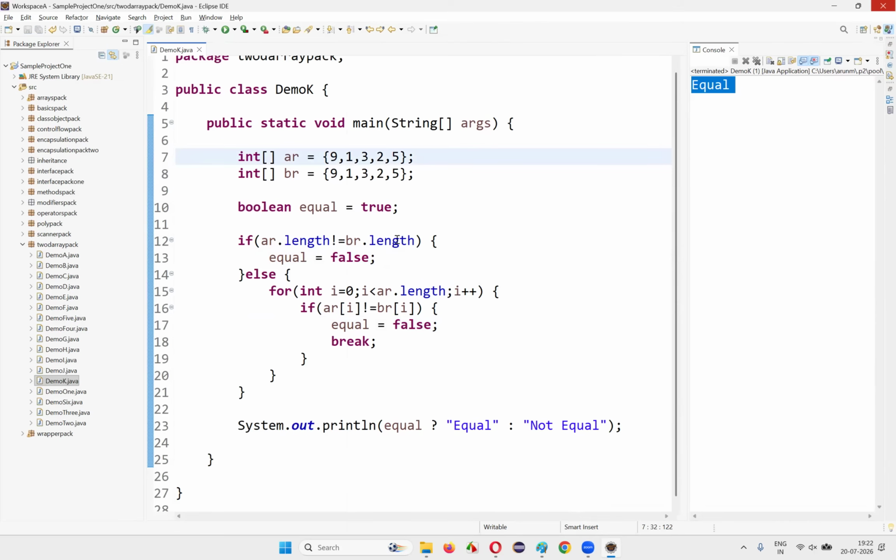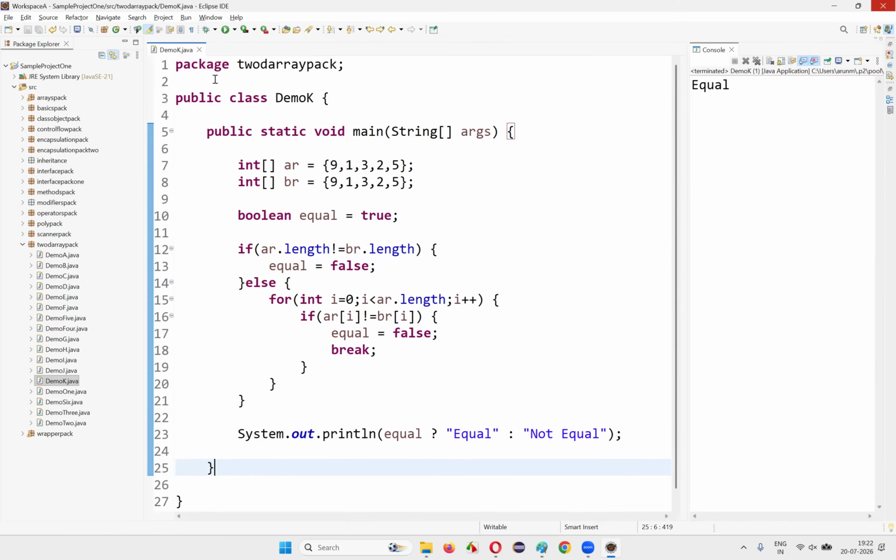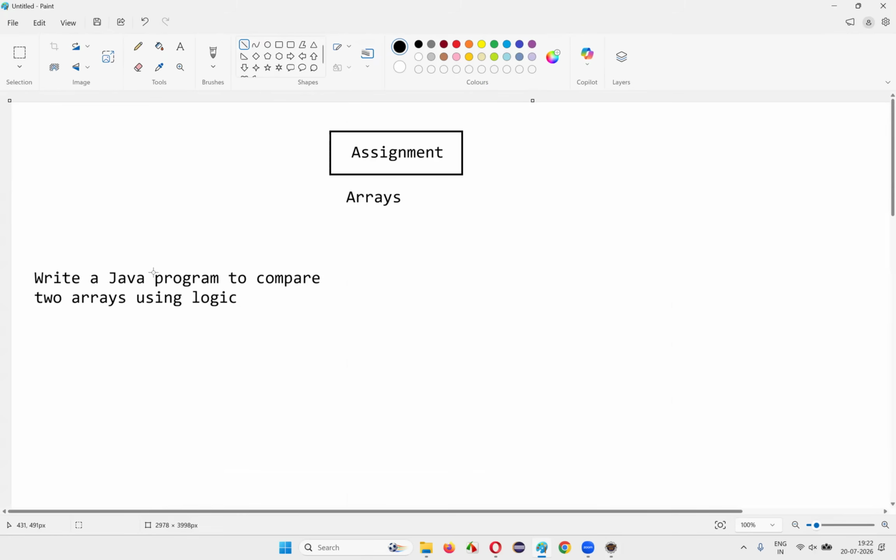So that means this Java program logic is working perfectly fine, where we are able to compare two arrays, right? So fine. So hope guys you understood how to write the Java program to compare two arrays using this